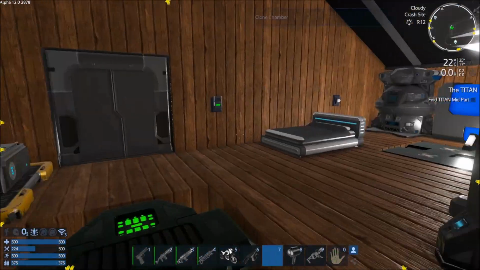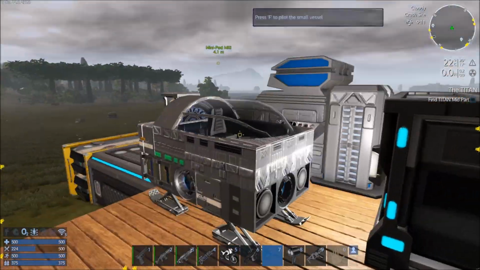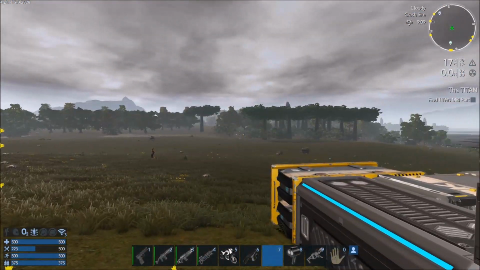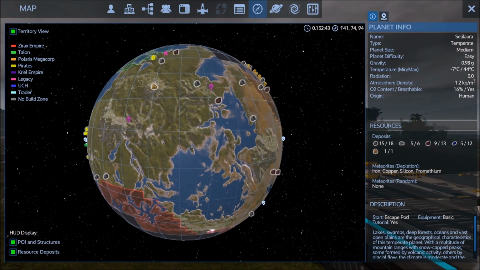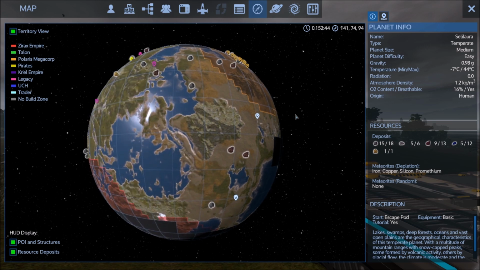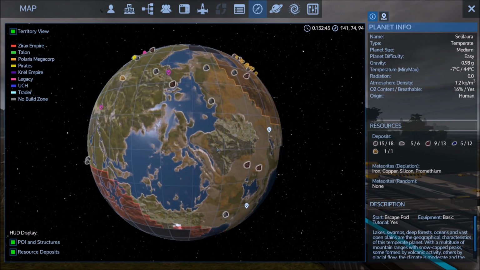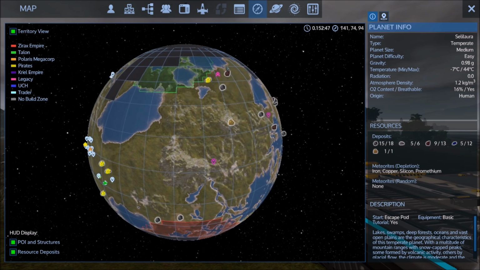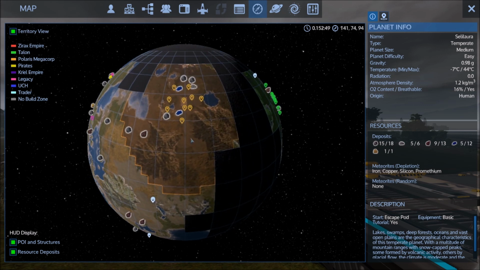So last episode we took this out and did a little exploring. I went a bit off camera and explored a good portion of the map. Now I was basically just looking for deposits, trying to find little promethium deposits, and I ended up finding one over here, and then there's quite a few over here in